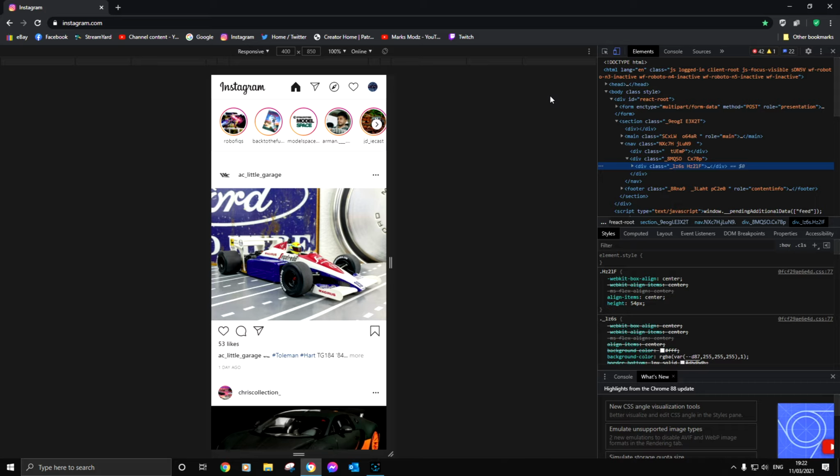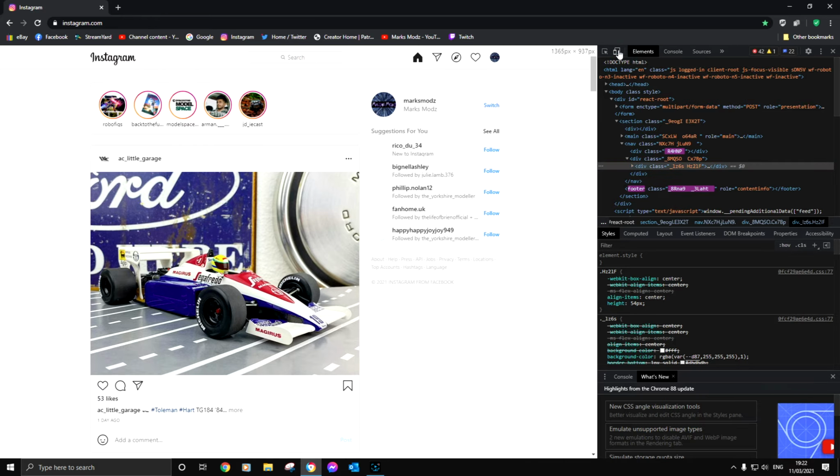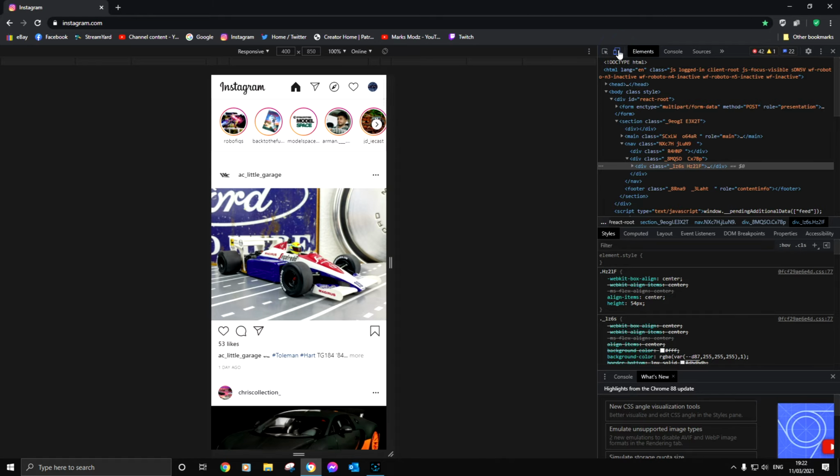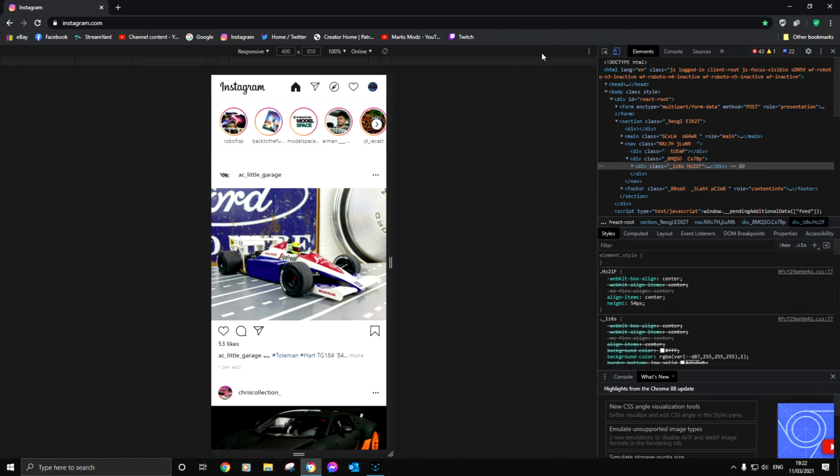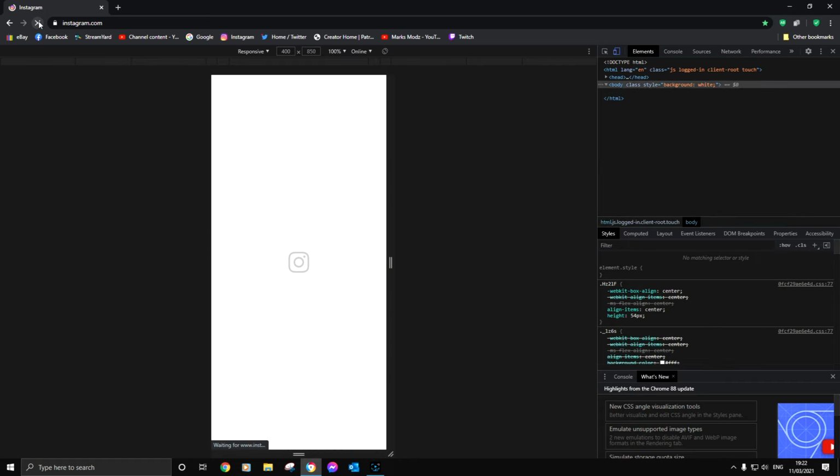So, the first thing you want to do is we've got this little icon here. Now yours should be set to that. But what you need it set to is that, basically. And you want to be able to make sure that you can do this. So I'll do it as I come into it. So I click. Now what I'm going to do next is go up here, refresh the page,